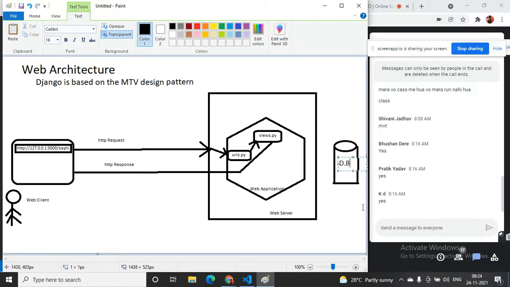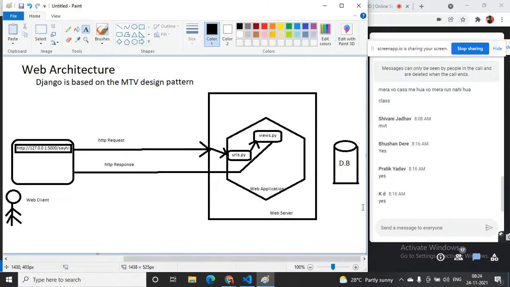Write it in shortcut DB. So this is my database. So how, if views wants to access the data of the database, views can't directly access the data from the database. So there is one more mediator, one more file over there, which is known as